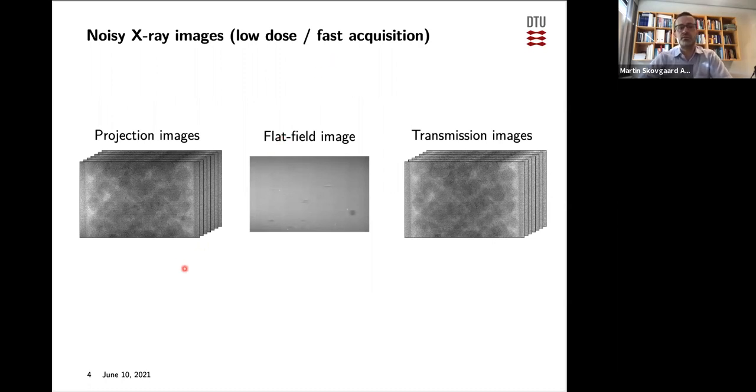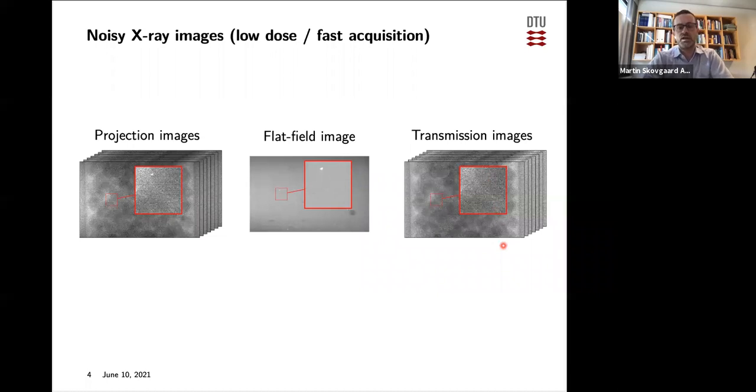projections. And so here's a real data set from Oak Ridge National Lab. And these are the projection images. This is the flat field image. And here are the normalized images. So let's try to zoom in, and you can see it sort of looks kind of grainy over here. You have a little spot here, and it's also over here. And that is something that's on the detector, and it's gone over here in the transmission image, but it's still